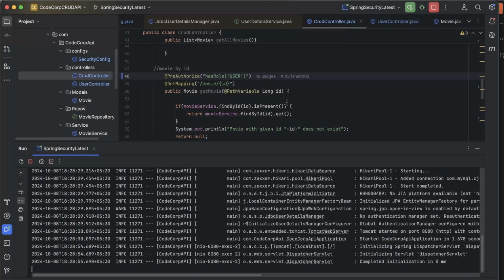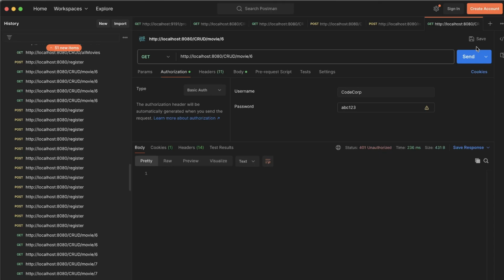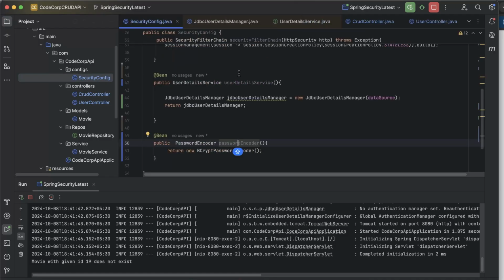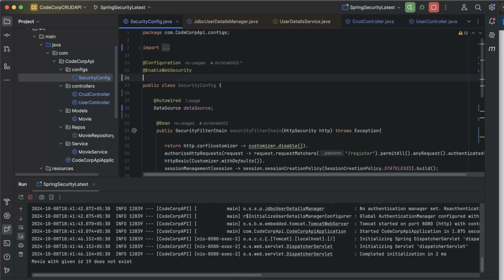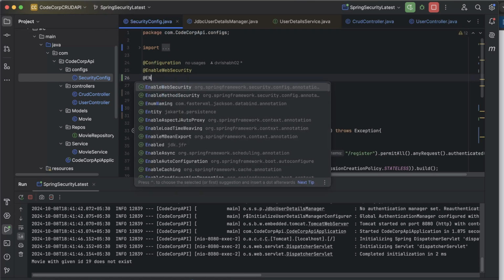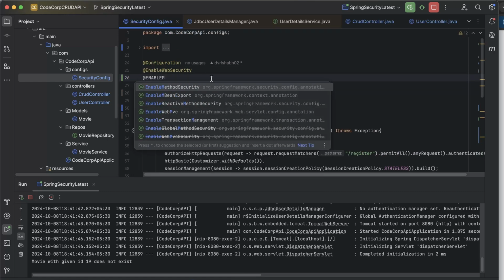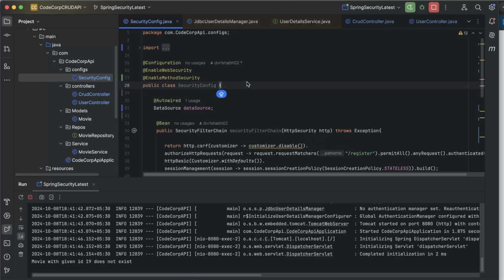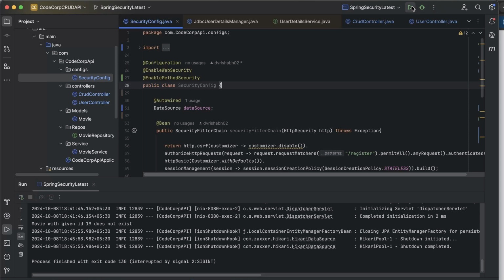Okay, does admin have access to this? Let's check in our code. Does admin have access to this? No. In our security configuration file, we need to enable method-based security with EnableMethodSecurity. Only then will the PreAuthorize annotation work. If I run this now,